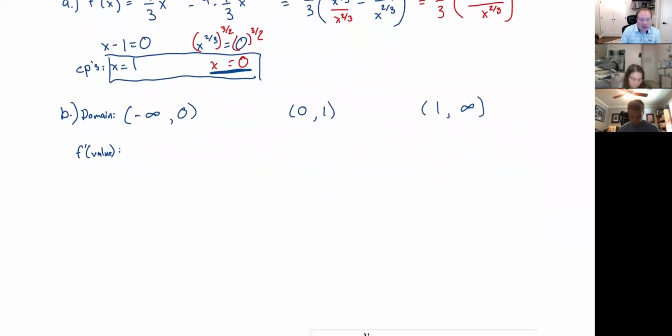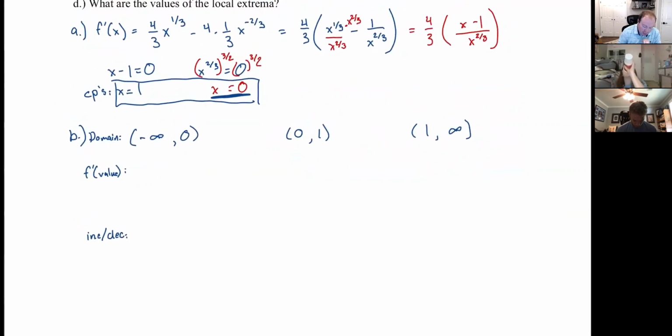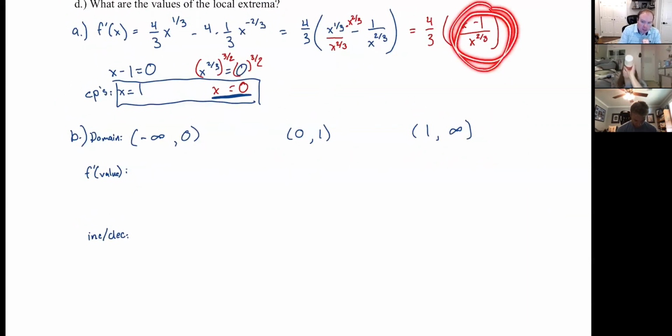And then once I have that value, I'll be able to tell if it's increasing or decreasing. So of course, remember at this point, because we're trying to figure out if it's increasing or decreasing, we want to plug it into the derivative. So that's another nice part of just simplifying this like so, that this becomes a little bit easier to deal with. So if we do, let's say, f prime of -1, I'm going to even just consider what happens